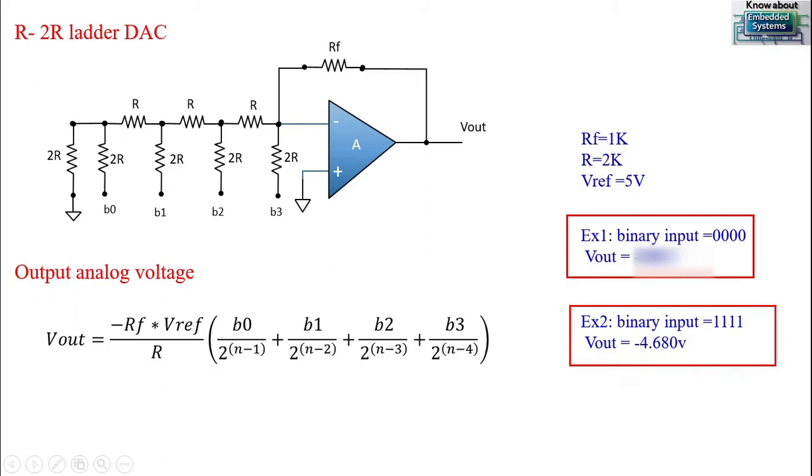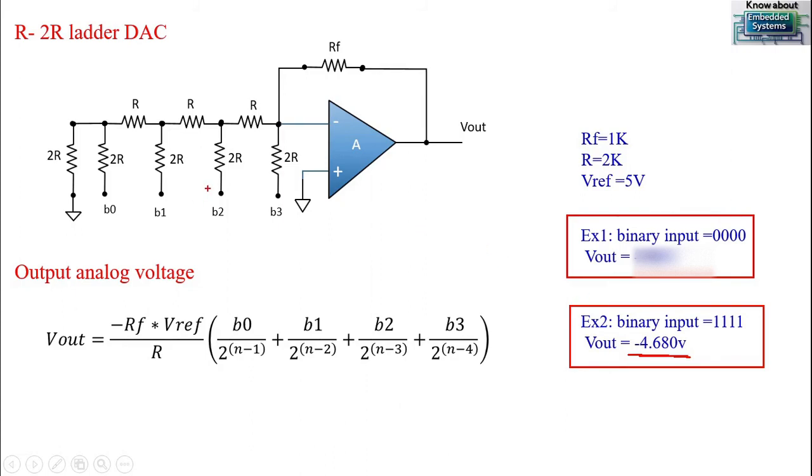This is the second use case. The second use case says keep all bits as 1, 1, 1 and calculate the output voltage using this equation. That will produce 4.68. Okay, in this way we can calculate output voltage manually, but in the microcontroller it is already designed, and